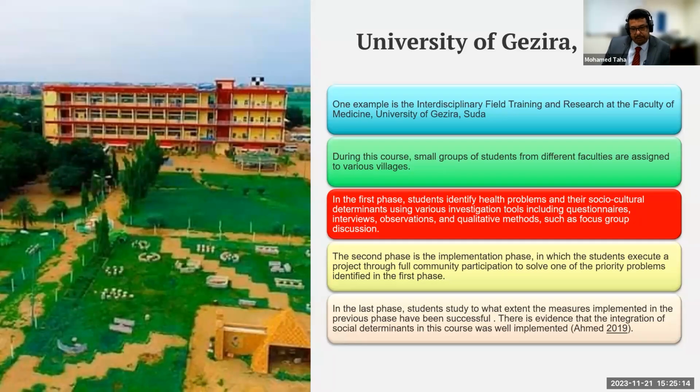In the second phase of the curriculum, students execute the project they planned in phase one. They execute a project through full community participation to solve one of the major problems identified in phase one. And in the last phase, phase three, students study to what extent the measures implemented in the previous phase have been successful. And this is